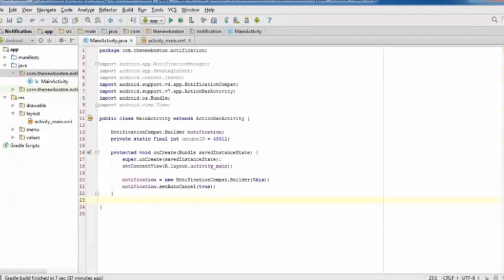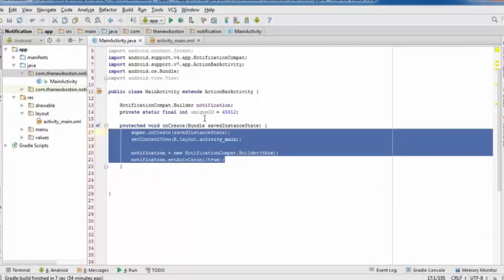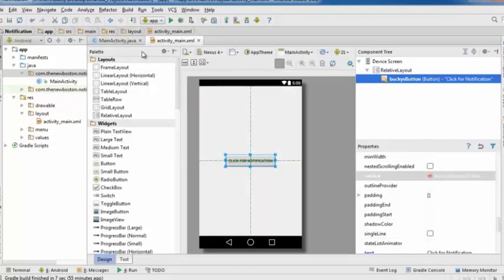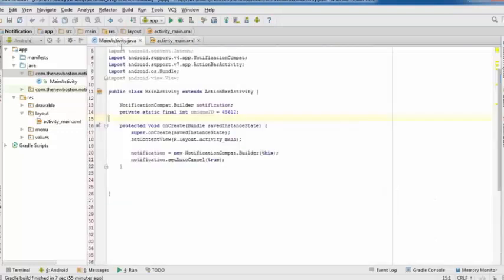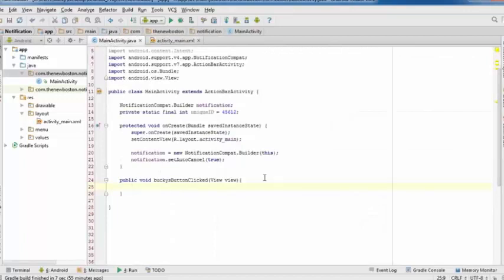Alright, so now that we got all the background crap done with handling our notification, let's go ahead and actually start building it. In other words, giving it an icon, a title, some text, all that good stuff. So again, what I'm going to do is call public void Bucky's button clicked. And remember, this is the method that gets called whenever we click this button on the screen. We want to create a notification and send it out to the system. So the first thing, let me comment this, build the